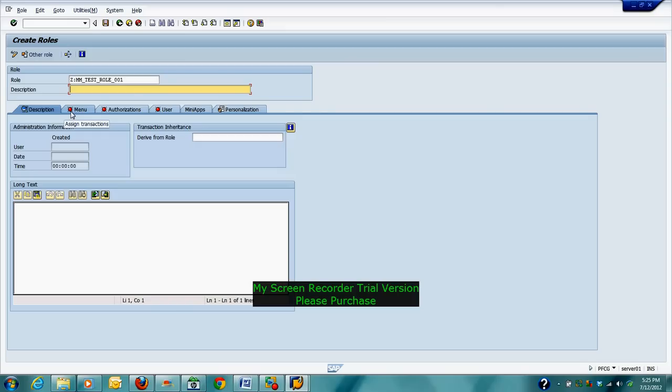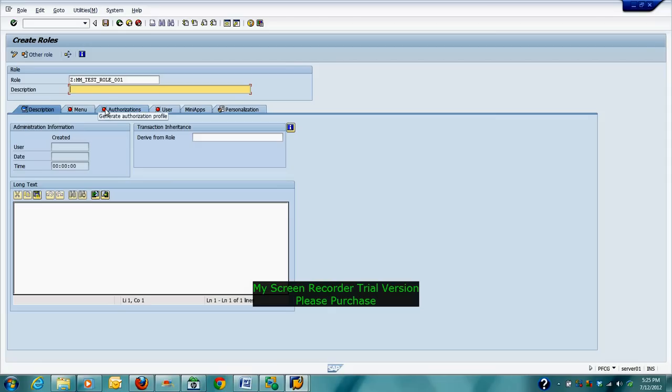A red circle means it's not maintained at all. A yellow triangle, which you will see in Authorizations, means it's partially maintained. And if it's green, it means it's maintained.